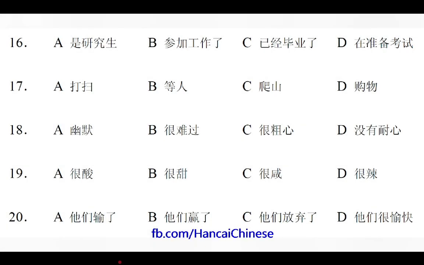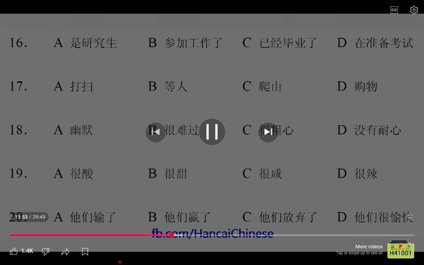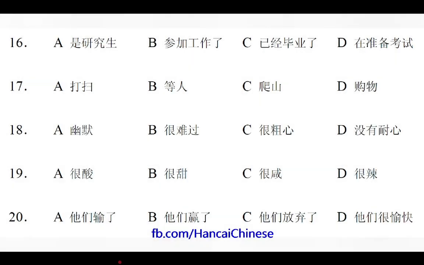18. 我希望我的男朋友又高又帅，还要非常幽默。你说的是我吗？根据对话，可以知道男的怎么样。